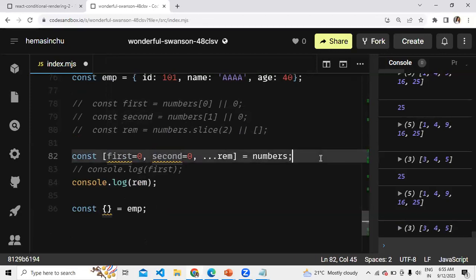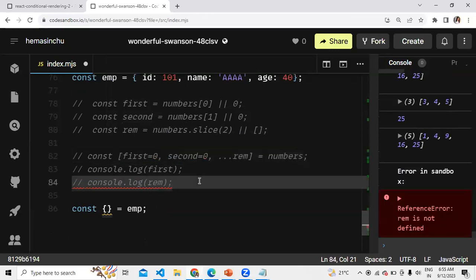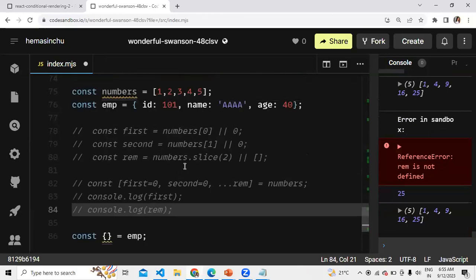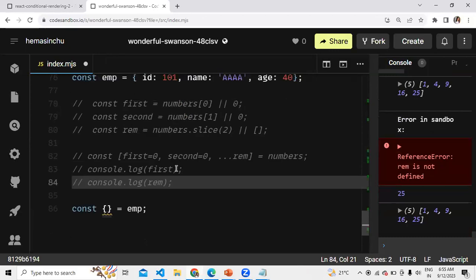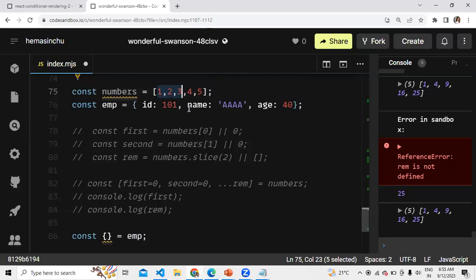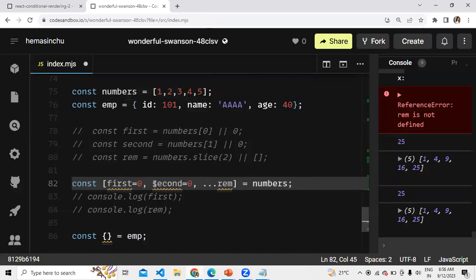Now, the same way, let's see the object we have here. How do I destructure from an object? Here first, second is just sequential, one after the other, we were able to get the value. There is one more syntax.